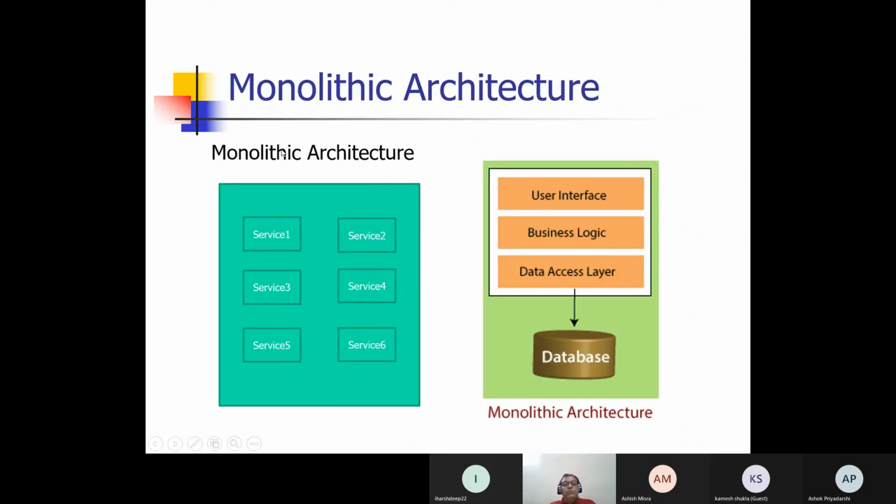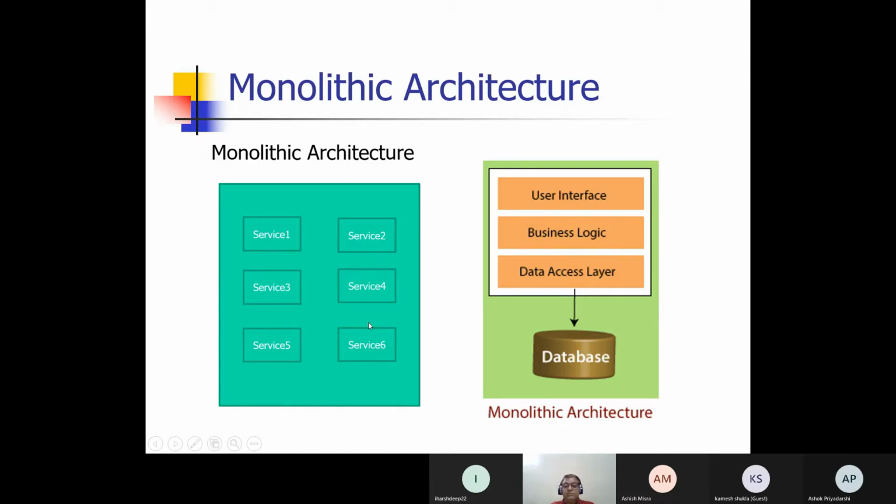So, two types of architecture are there. One is monolithic architecture, and the other one is microservices architecture. Here, by this simple diagram, I'm trying to explain to you that this is one complete application which internally contains six different services.